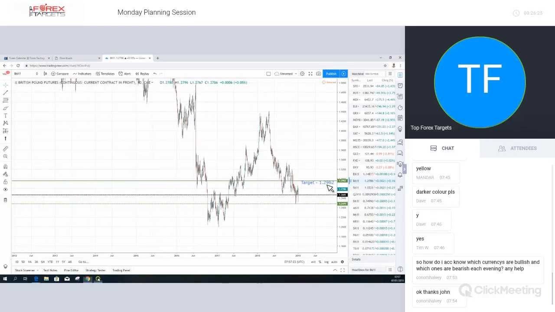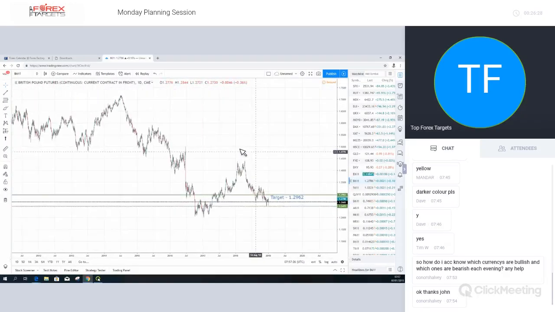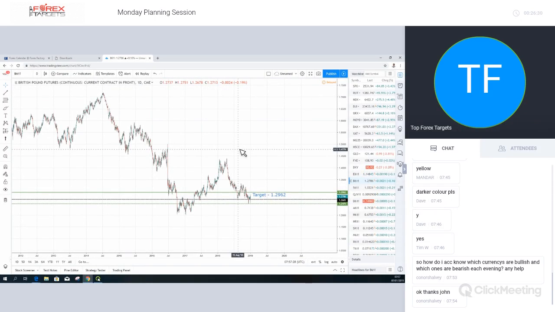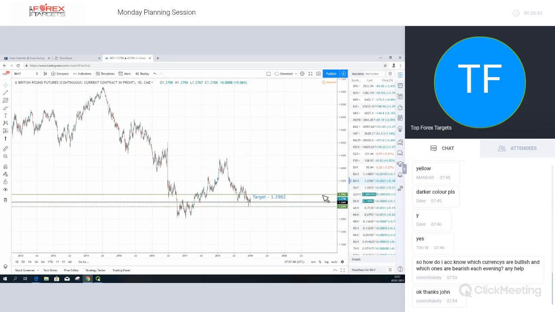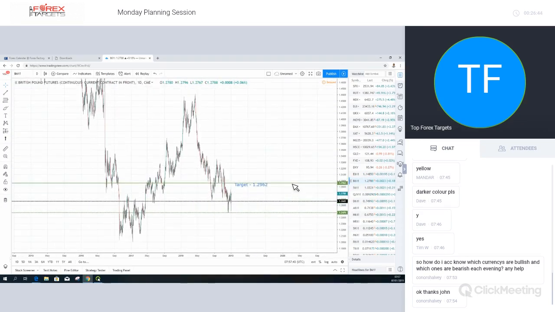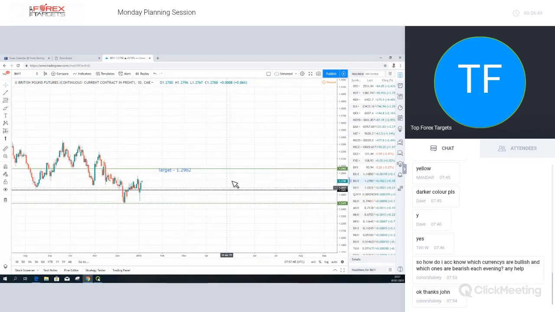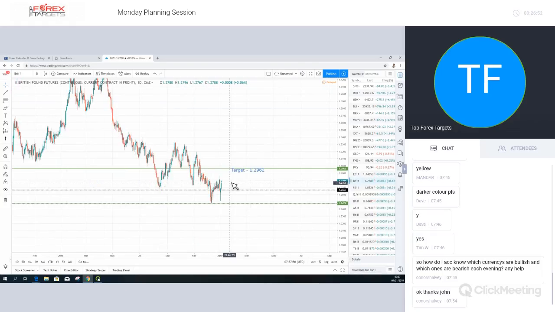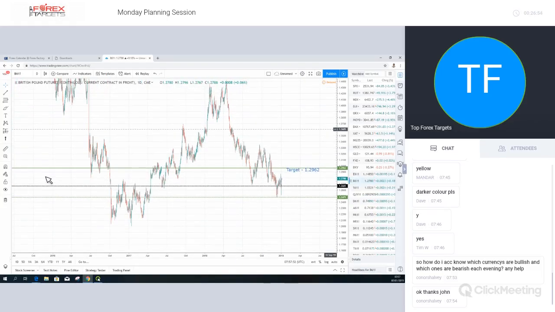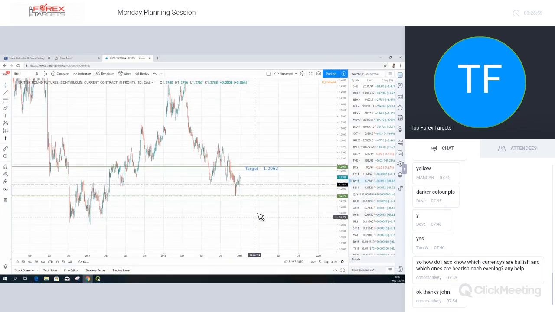Now, the one slight issue, of course, with the UK is we do have the ongoing Brexit negotiations, and we are looking to leave at the end of March. But the deal that has been put on offer by the UK Prime Minister is a bit of an outlier in the sense that it looks like it could be rejected. If it is rejected and the UK goes for a no-deal Brexit, we're likely to see a bit of a knee-jerk reaction to the downside.